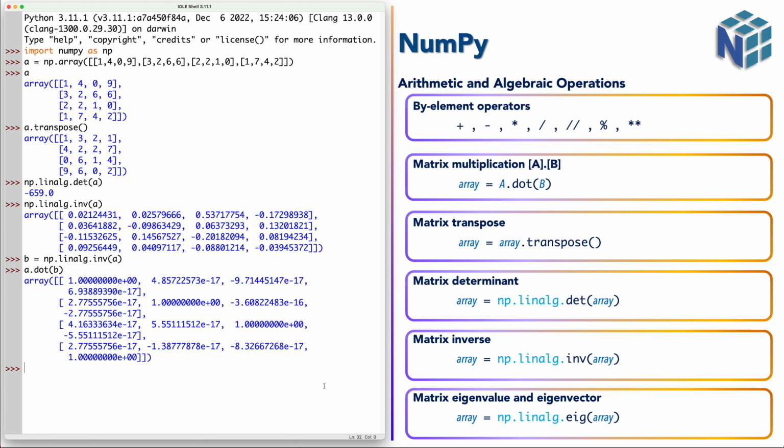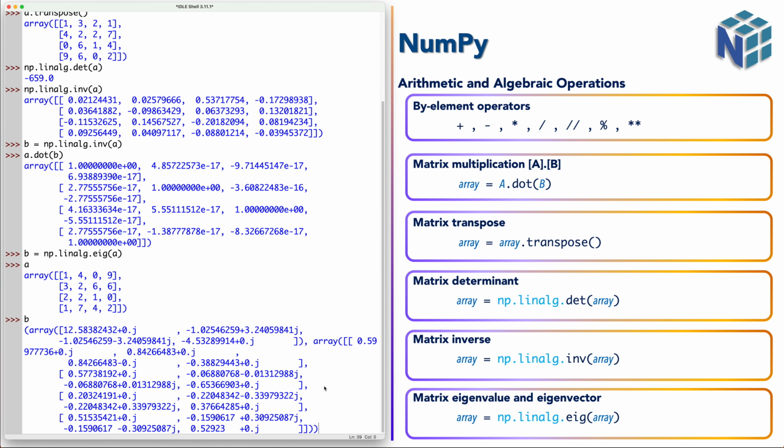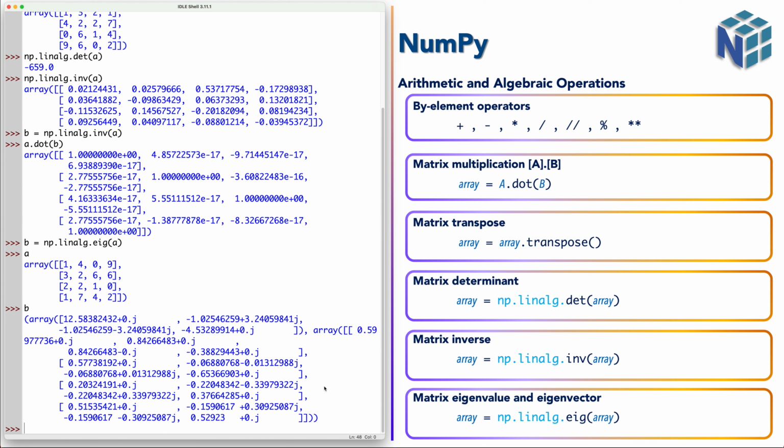The next one is the eigenvalues and eigenvectors. B equals to... it is divided into two parts, so it is actually a tuple. Let's do it in a better way. Let's try to reduce the size of A. So let's say